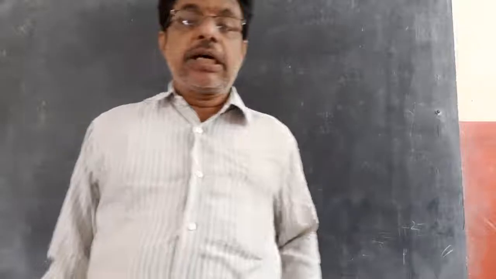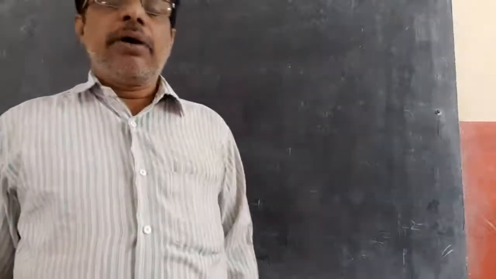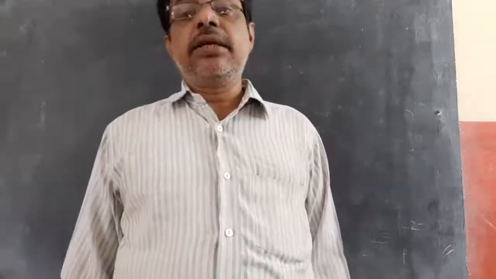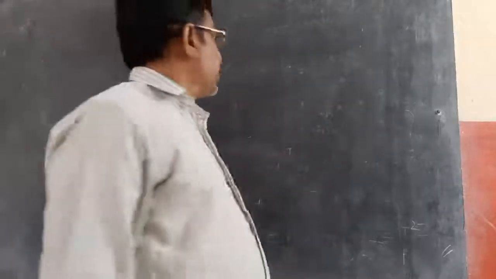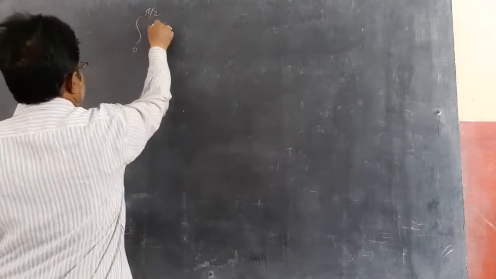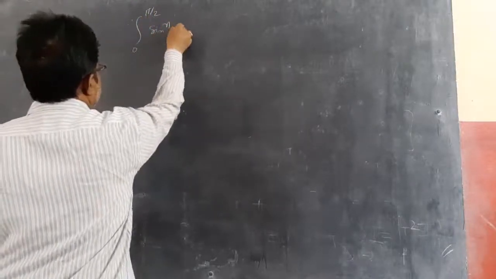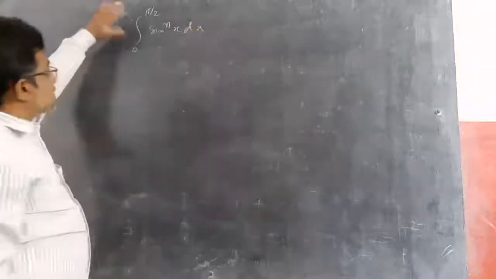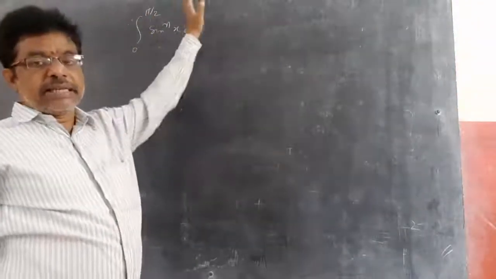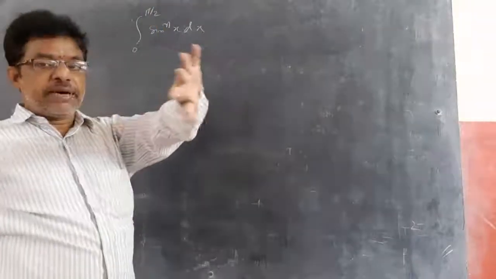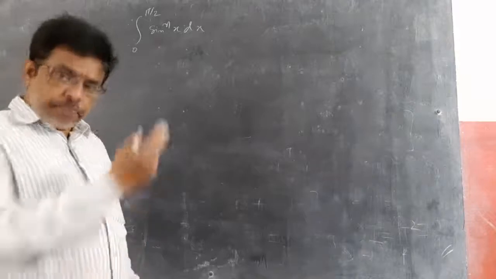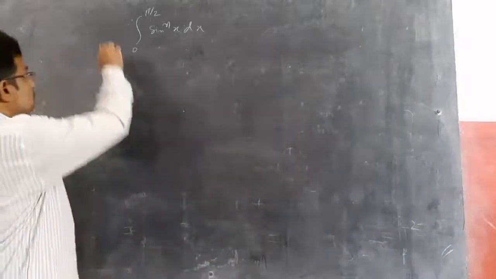Before going for 2 markers, you should know the reduction formula in indefinite integration. Means integral of 0 to pi by 2 sin power n x dx, I need to find. For this I know the integral of sin power n x dx, then I can apply the limits easily. If you remember the formula, directly write it down. Those who do not remember, solve it again. So I am going to solve it.